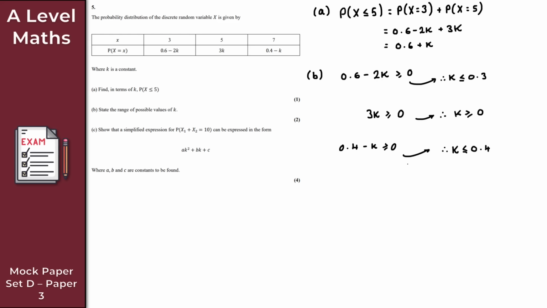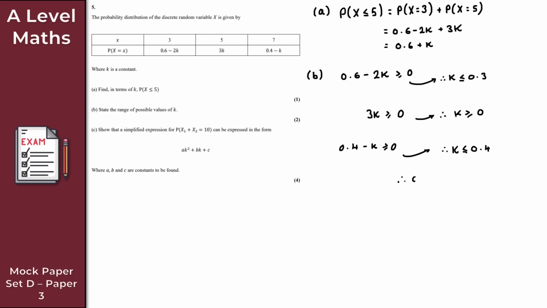I'm hoping the solution here is a lot easier to see, right? K is greater than or equal to 0, as we can see here. And I've got these two here. So k is less than or equal to 0.3 and k is less than or equal to 0.4. But to satisfy all 3 inequalities here, the range of possible values of k would simply be